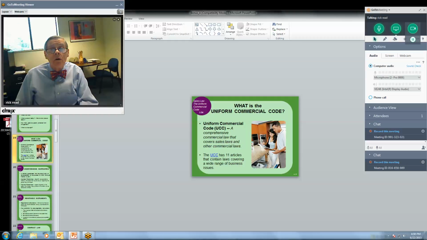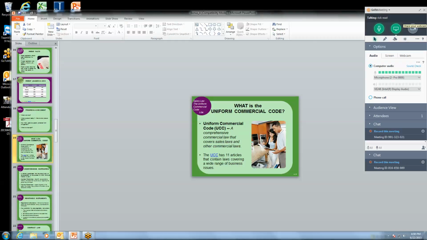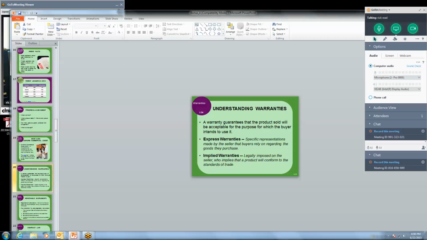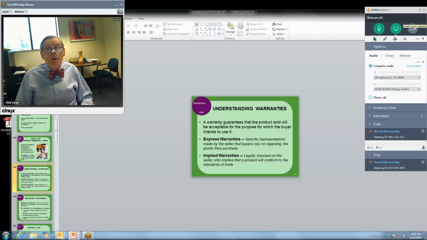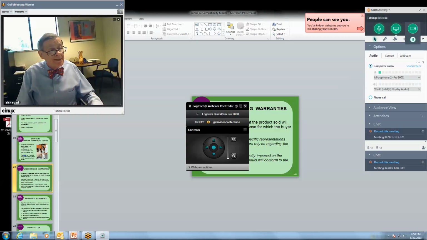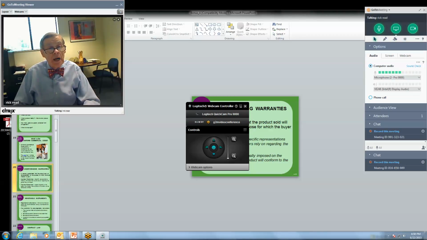What's the Uniform Commercial Code, UCC? It is, as the slide says, a comprehensive commercial law that covers sales and other commercial laws. 11 articles, and it covers, as it says here, a wide range of business issues. Warranties are part of that. And we'll talk a little bit more later on about making and enforcing contracts, which are also part of the